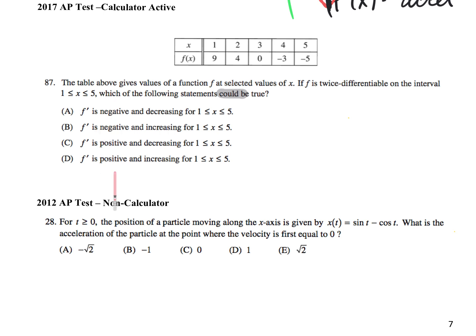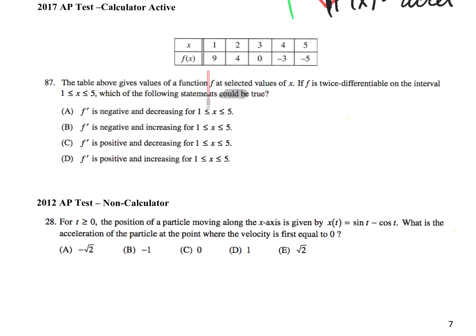If they're saying f prime is negative or positive between 1 and 5. So we should get the average slope. Yeah, let's get that average slope. Let's go see. All right. Interesting. Let's see. But notice that it says f prime is negative and decreasing for all the points between 1